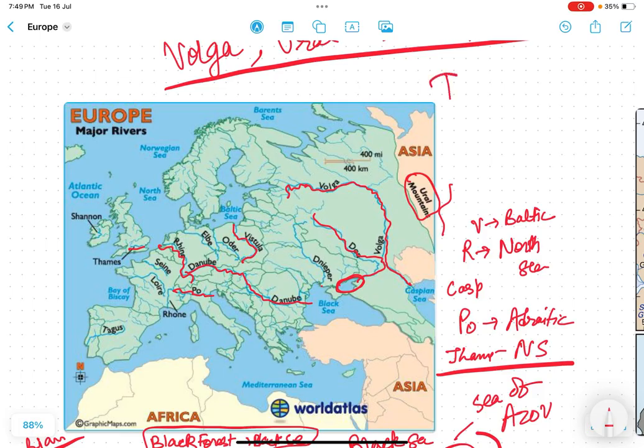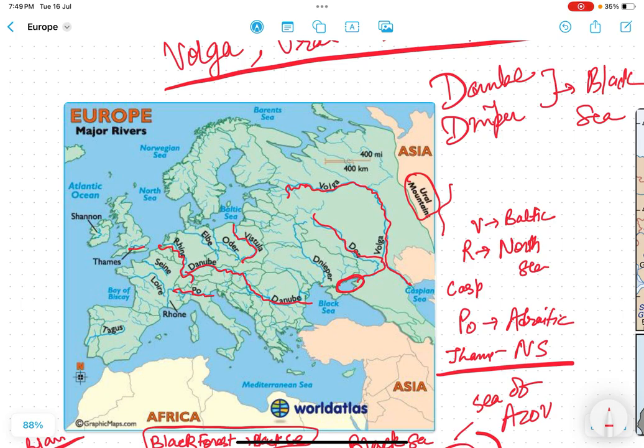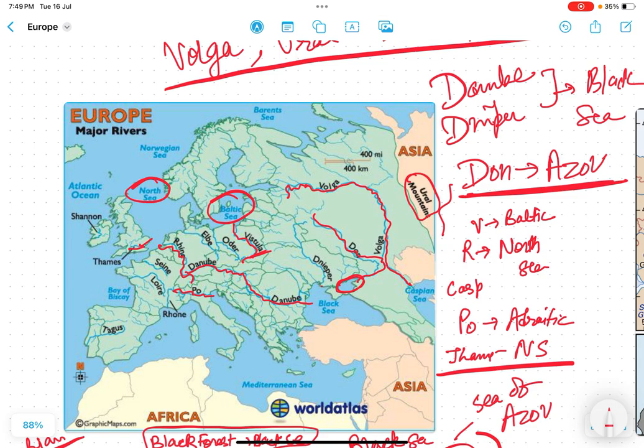Danube and Dnieper, both of them go into Black Sea, and Don River goes into Sea of Azov. Rest other important rivers, again Vistula into Baltic Sea, then we have Rhine into North Sea, we have Thames into North Sea, we have Po into Adriatic Sea,